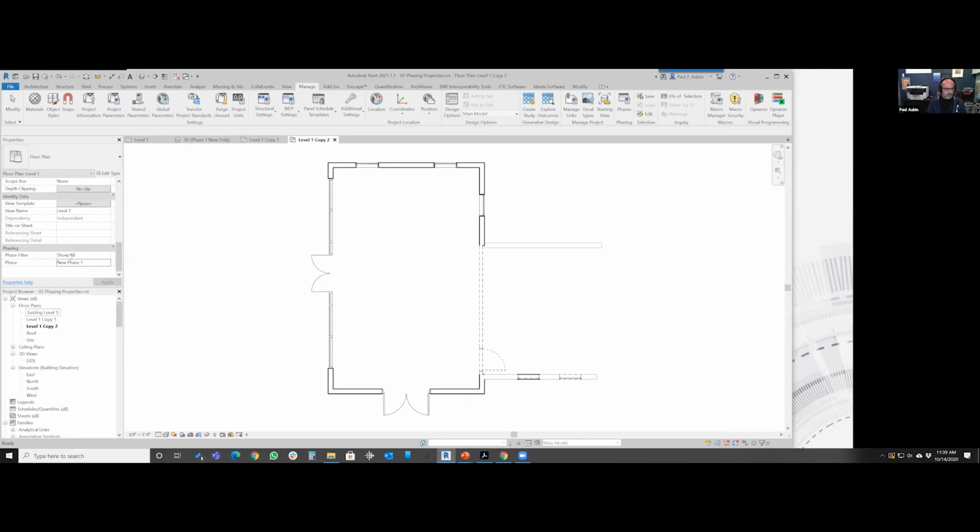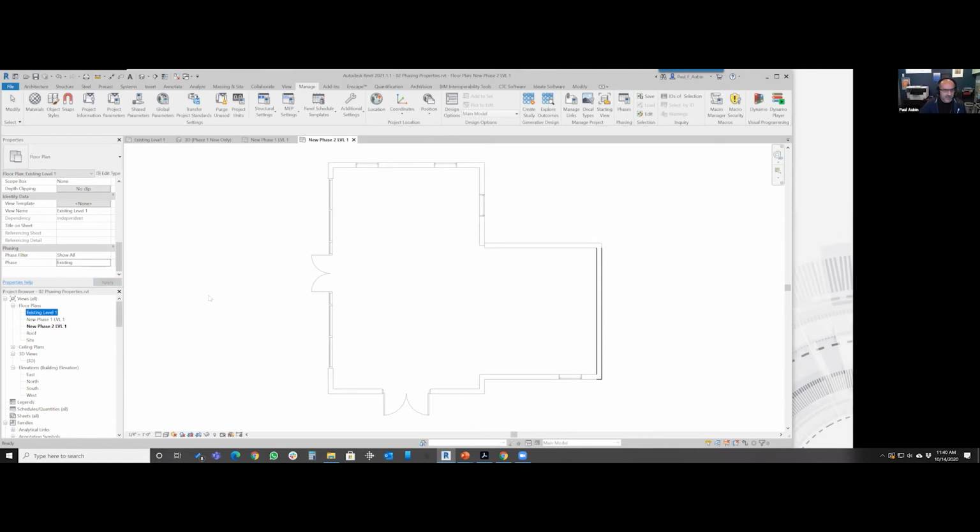existing level 1. It'll ask me if I want to rename the level. I'll say no. And then I'll rename this to new phase 1. I'll just do LVL1. And then this will be, let me just copy that and paste it. And then I'll change this to 2. Okay, so there's my 3 different views, but of course they're all currently set to new phase 1 because they're still duplicates. So with the view called new phase 2, I'll change that to that phase, and then the existing